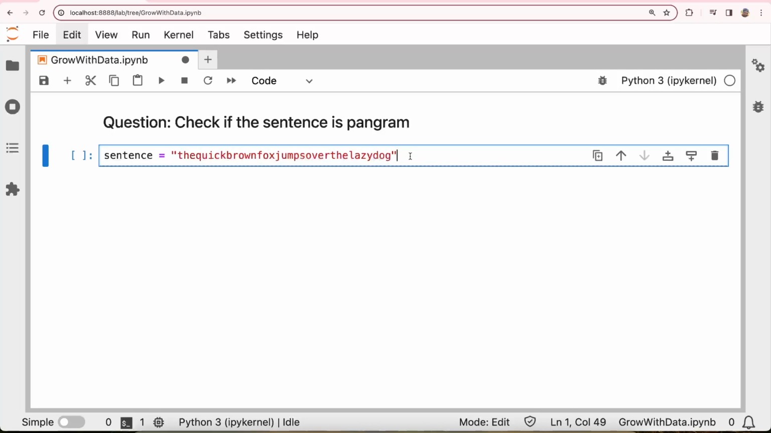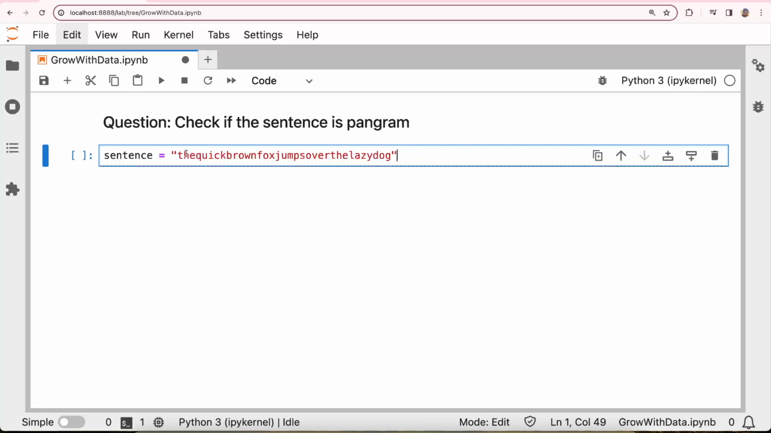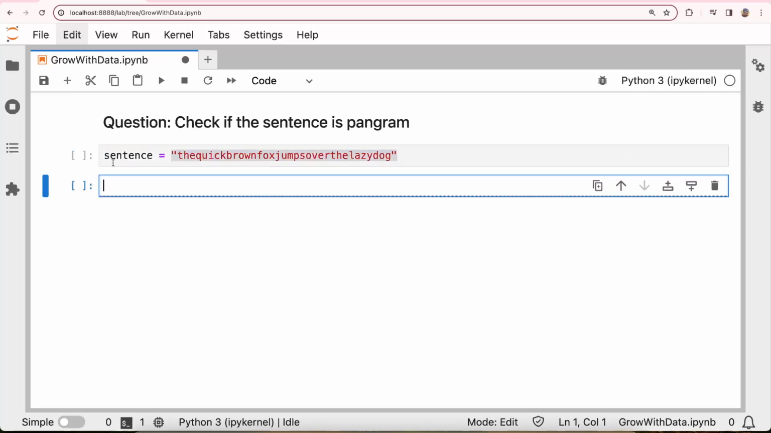So how will I find it? Basically, I have to check A is there, B is there, C, D till Z, all the 26 letters. If it is there, then I can say it's true. There are many ways to do it. Let's start with one by one. Before we start doing the code, I'll tell you a couple of techniques to start with. First one is